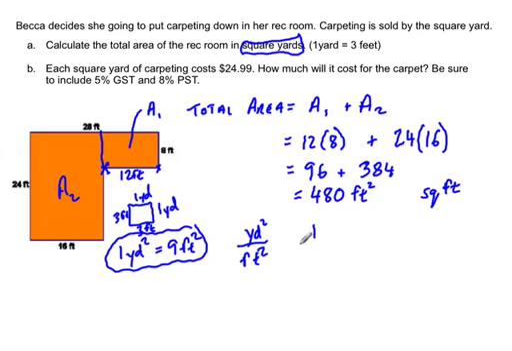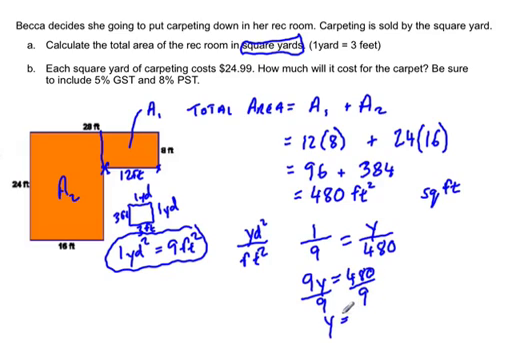then 1 over 9 is equal to, and here we've got square feet, so we're going to put that on the bottom, and up top, we're going to put y for square yards. So we're going to cross multiply, so 9 times y is 9y, and 1 times 480 is 480. Divide both sides by 9, and it's going to be approximately equal to